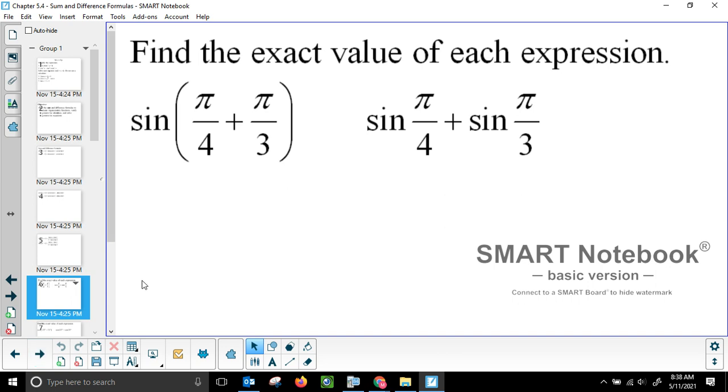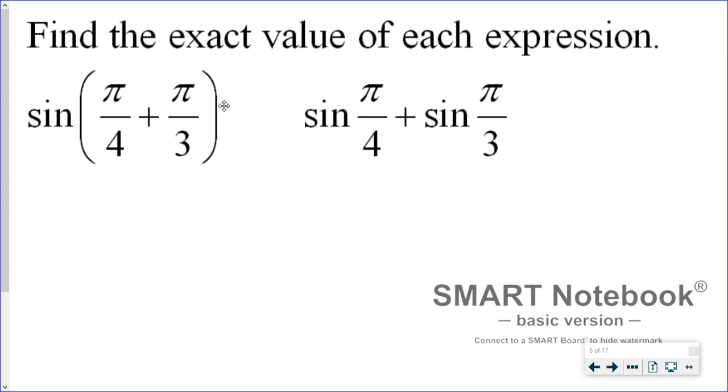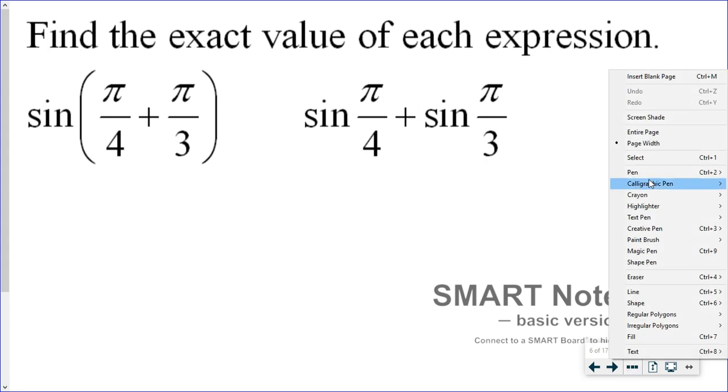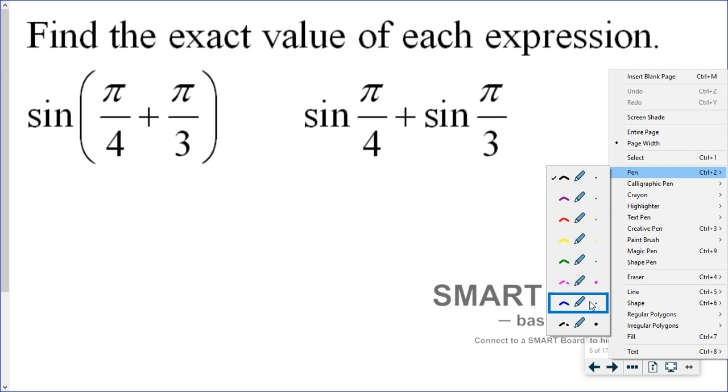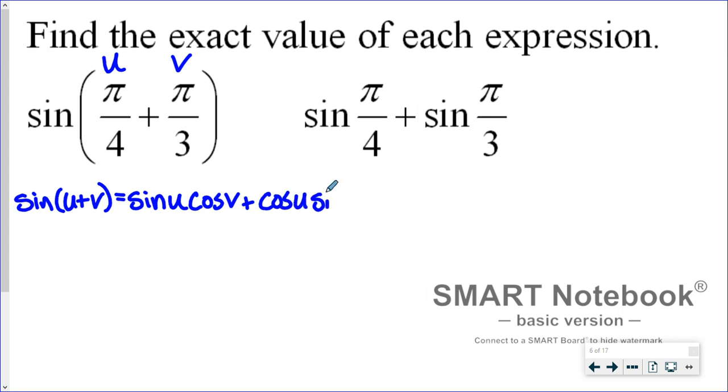All right. So, find the exact value of each expression. This is just kind of to prove a point. So you can think of this as sine of u plus v. Our formula for sine of u plus v is sine of u cosine v plus cosine u sine v. So if u is pi over 4 and v is pi over 3, then this becomes